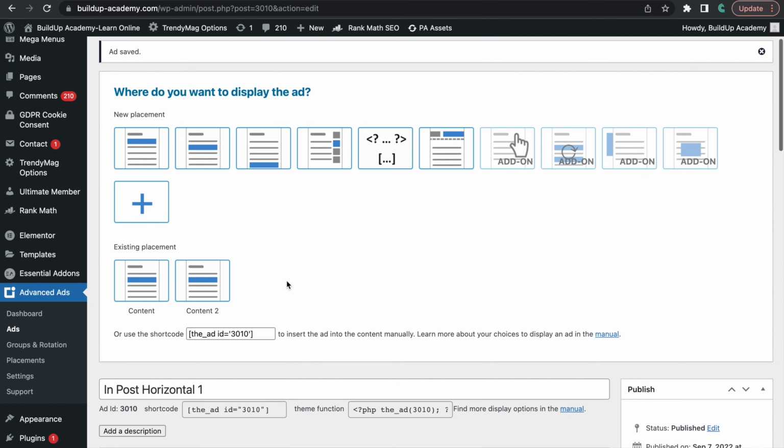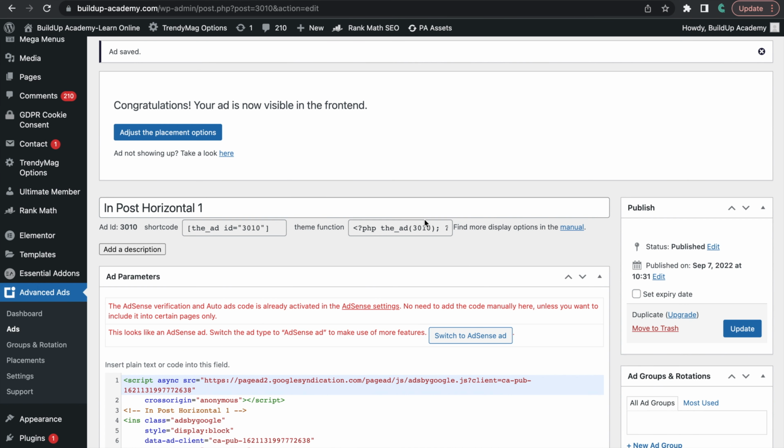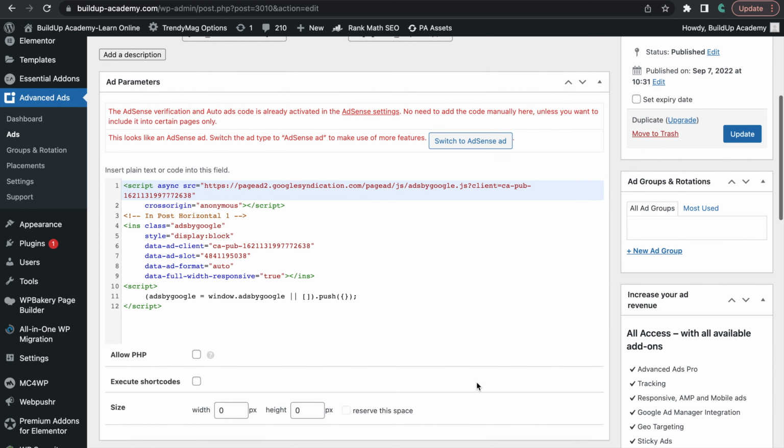Right. So we want to go for within the content. So I'm going to click on content, and then it says after which paragraph. So I'm going to say show this ad after the first paragraph. That should be fine. So I click on OK, and then it says yes, your ad is visible in the front end now. So we have in post horizontal 1, and it's going to show within the content after the very first paragraph. Okay,